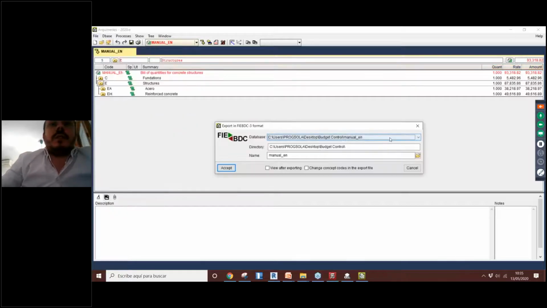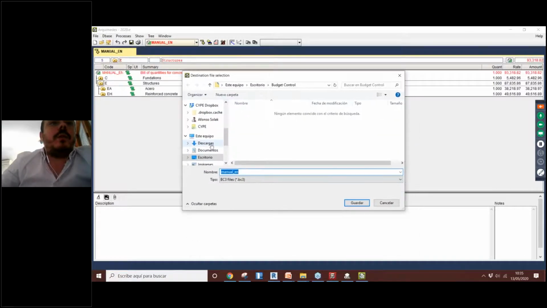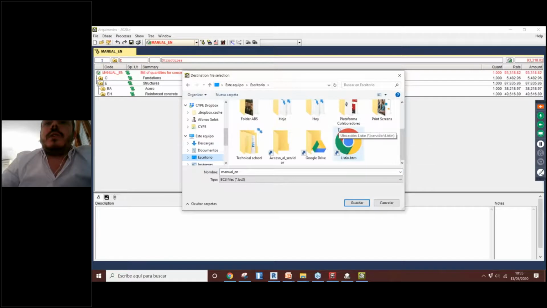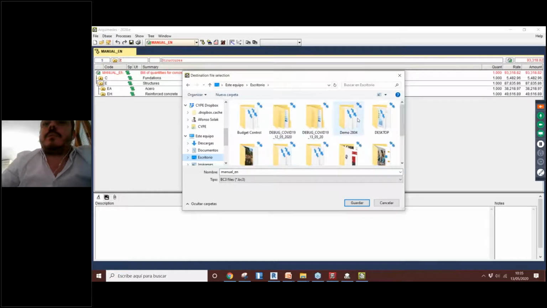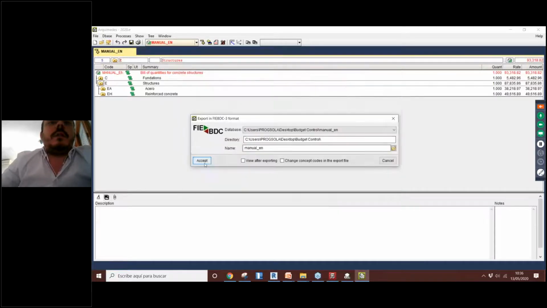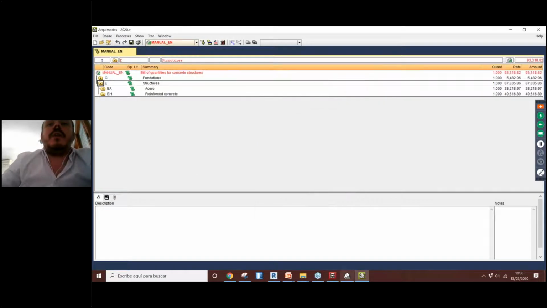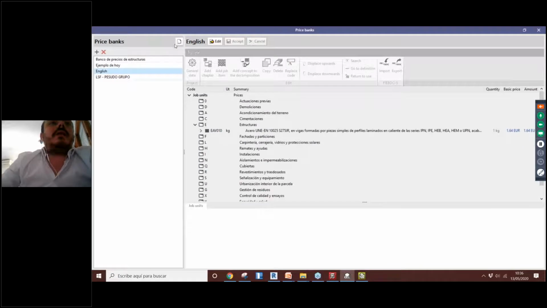So I will export this database. I'll just select a folder here in my computer. So for example, budget control, the extension is .bc3, okay? So it's a BC3 file. I will accept it and export this information. And now from Open BIM Quantities, I can